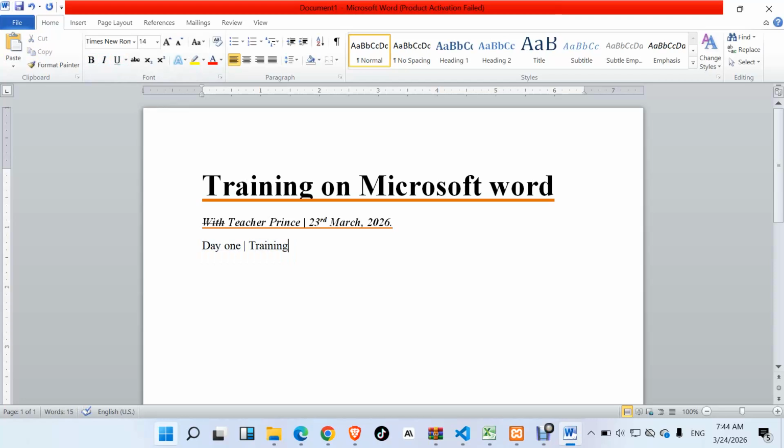So the day one training, we are learning how to create a document. That's the first thing we are learning now, how to create a document. After learning how to create a document, we'll learn